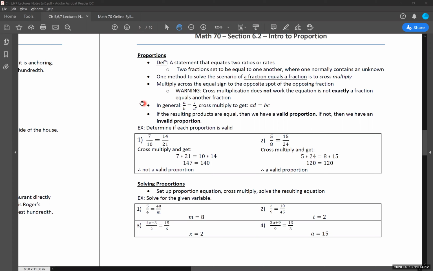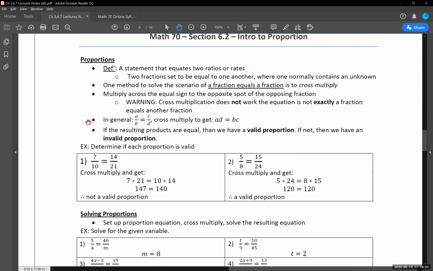So in general, here's our general equation and how it works out when we multiply things. Let me zoom this in a little bit. If we have a ratio set up as A over B is equal to C over D, that's our initial ratio, whatever it may be. A can be anything: just a number, a fraction, or some expression, maybe x plus 1, it doesn't matter. It's the same with B, C, and D. Whatever we have, it's a fraction equals a fraction. Could be a gross fraction, could be a really nice fraction, doesn't matter.